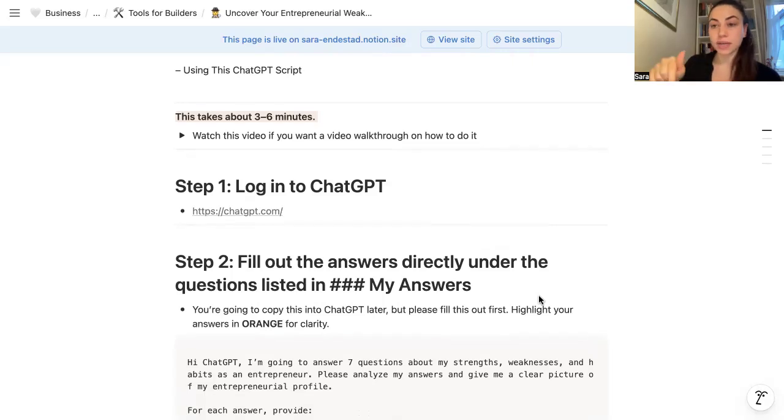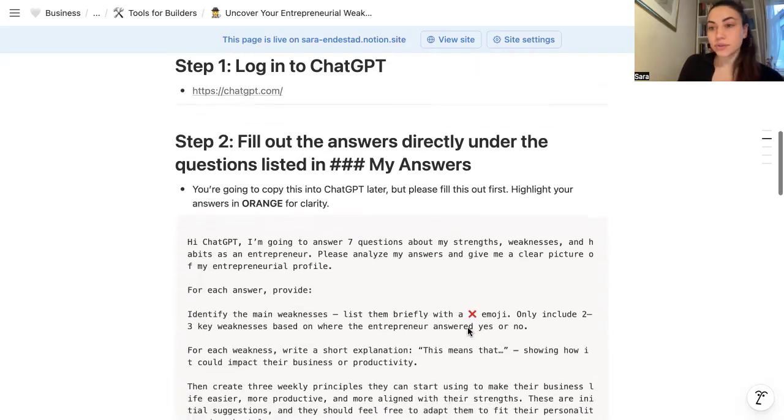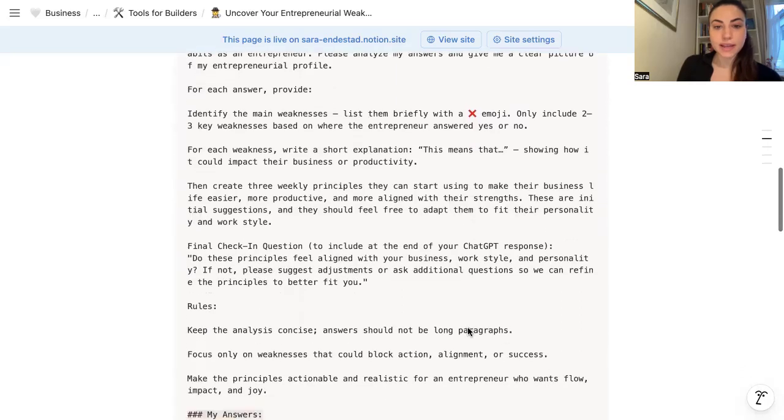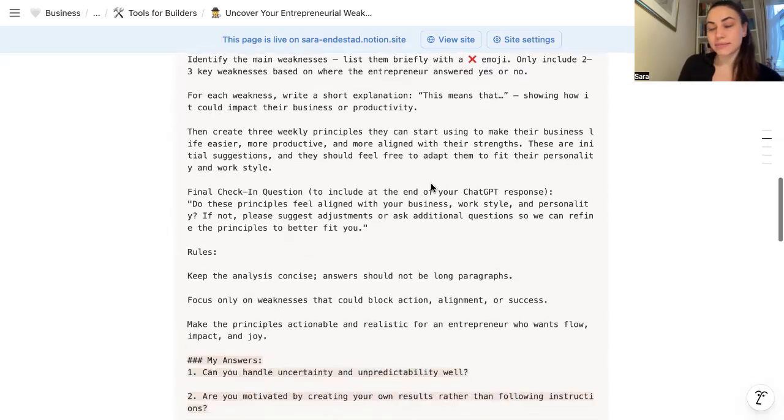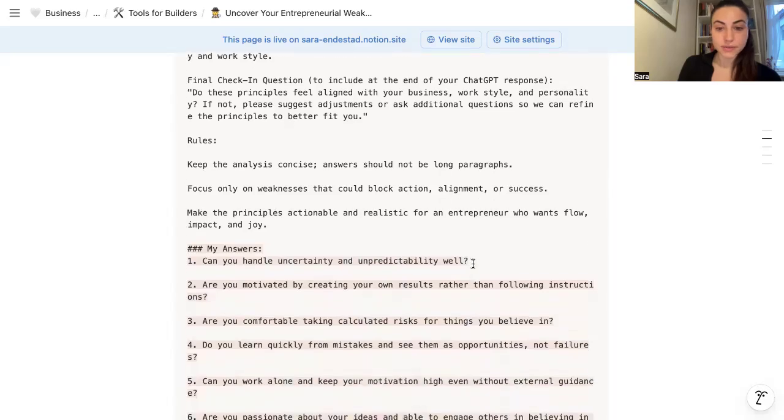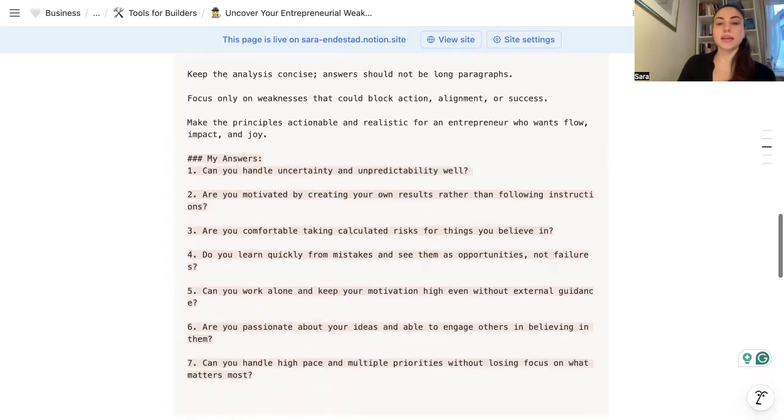So quickly, the only thing you need to do is, honestly, the link for this document should be somewhere around here, maybe down below. The only thing you need to do is you just jump in here. And honestly, all of this, you don't have to read it, like do whatever you want to, but you really don't have to. You can just go straight into the highlighted questions and just answer yes or no questions. So you can say, no.